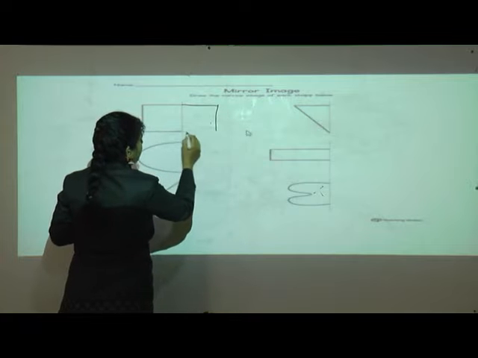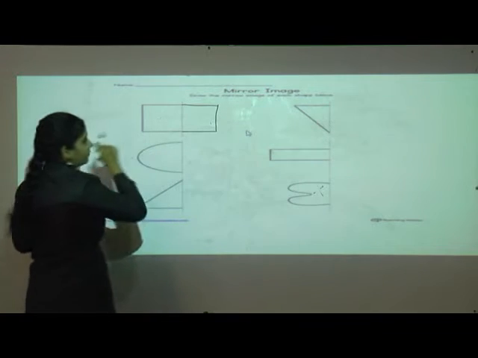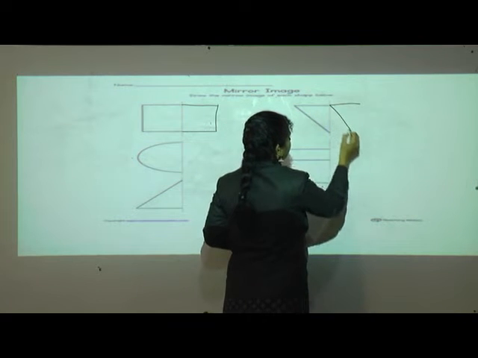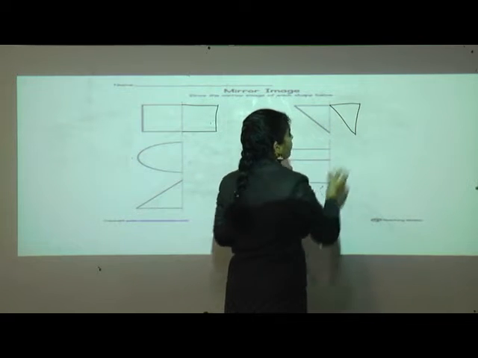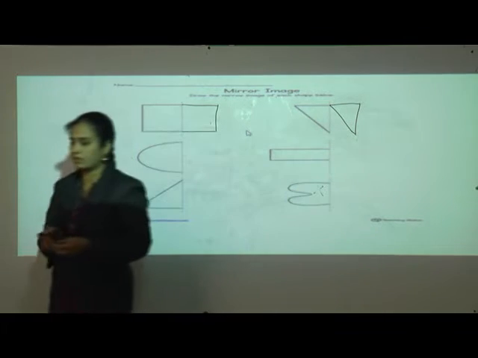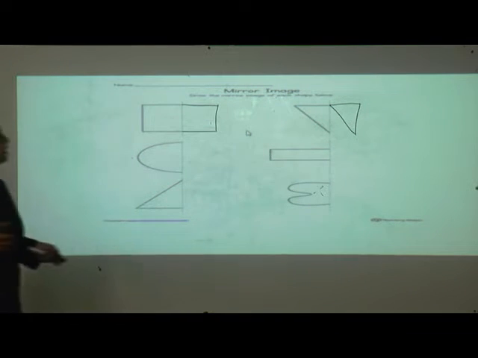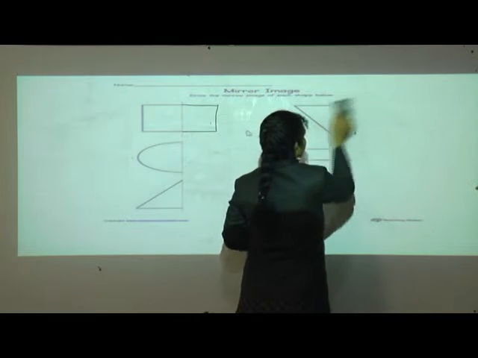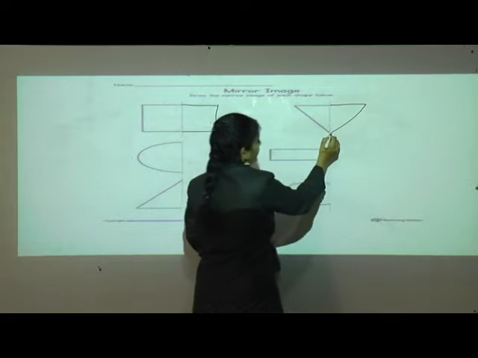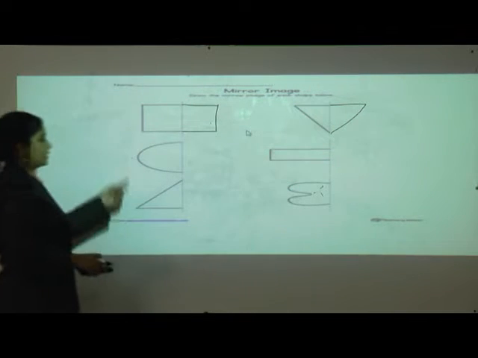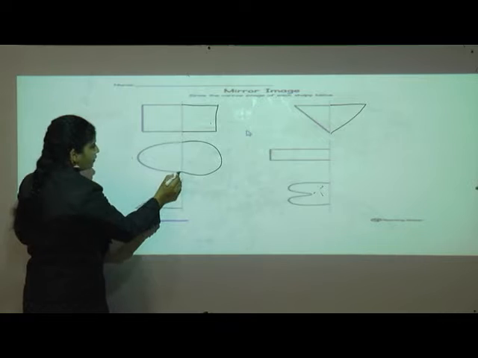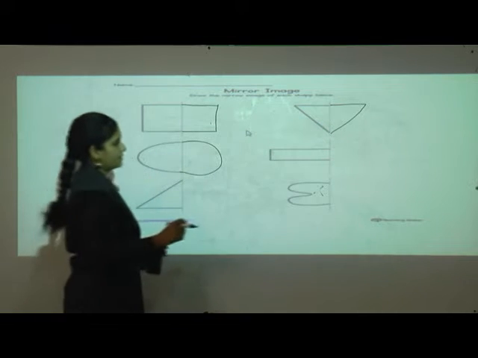Here we can draw the mirror image of this figure. Even for this, can I draw the same like this? No, because when we fold it, it will not match. So I can draw like here, isn't it? Now here also we can complete it, and if we draw, we will get two equal parts.